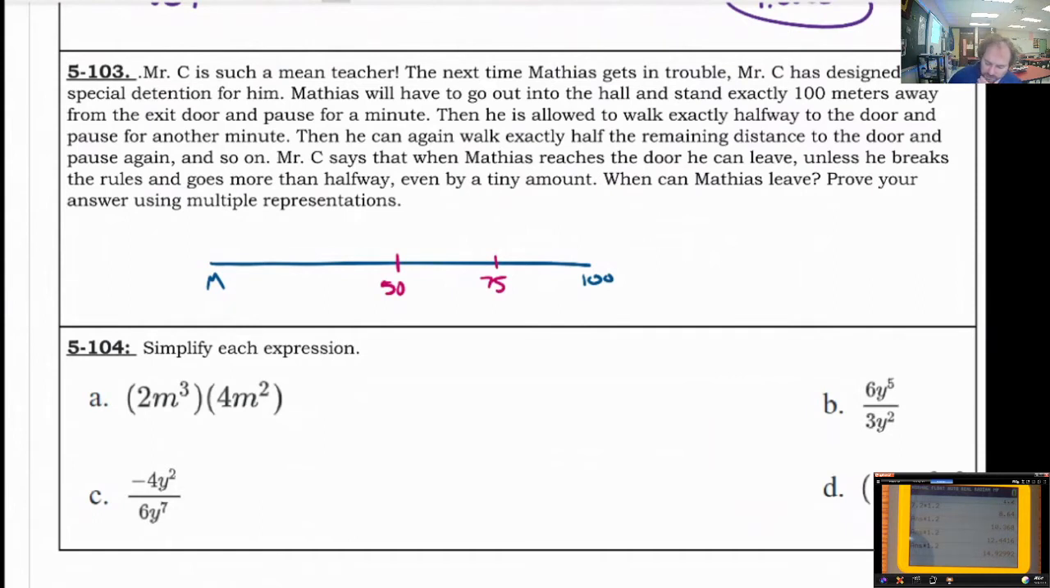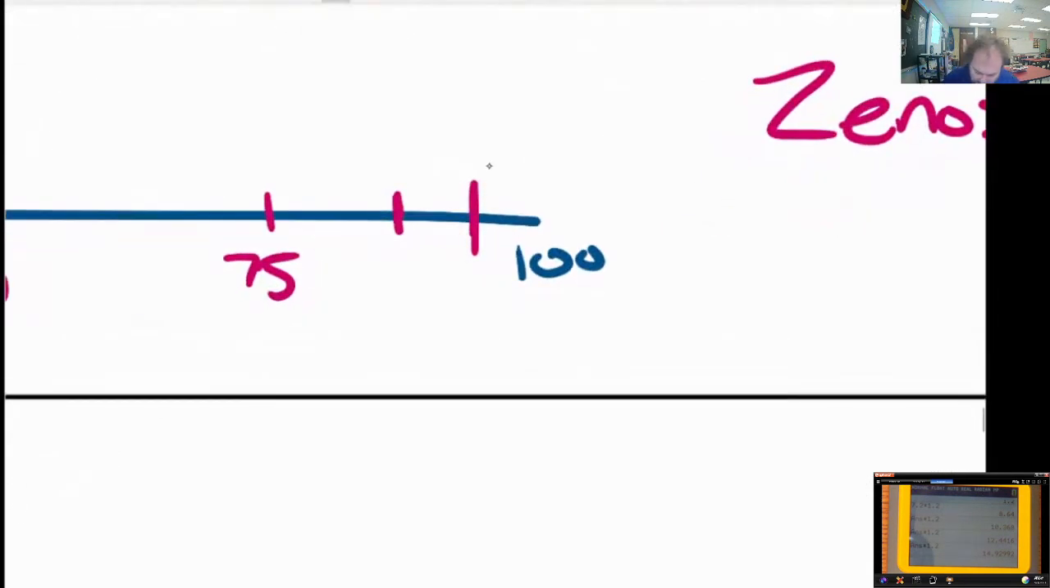We have talked about this a few times before. If you want to go on Google right now, you can look this up. This is called Zeno's paradox. The idea is that you can't ever get to any location, because before you get there, you have to go halfway. Half of 75 is right there, and then half of that will be right there, and then half of that will be somewhere right here, and then half, and then half. The idea is that you can never actually get to 100 because you have to keep going half